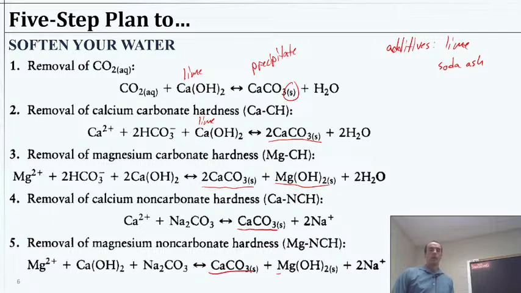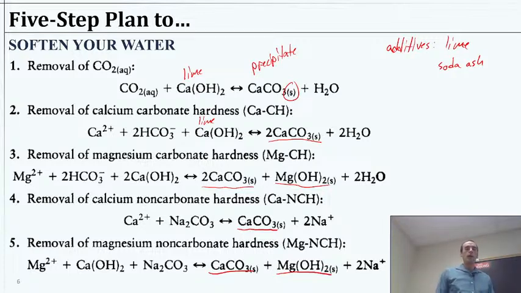Okay, so we actually have to take it all in this sequence because if we've got too much CO2 in the system, it's not really going to work too well. And then we're making use of whatever's left for the calcium and then for the magnesium. And once we've gone past all of the bicarbonate that was in the system that could react and could be used to precipitate out as calcium carbonate, then we've gotten rid of all the carbonate hardness, calcium carbonate hardness, magnesium carbonate hardness. Then we go to the